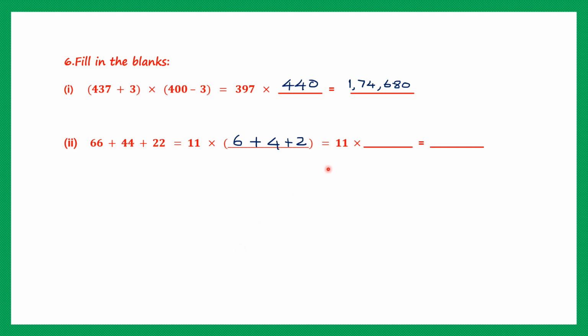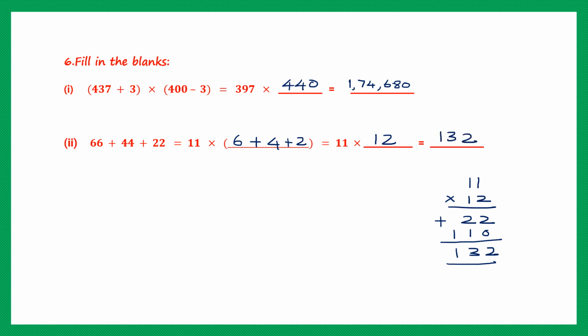Now let's look at the second one. This is equal to 11 into what? Okay, so 11 is already there into the sum of these numbers. So let's add up. 6 plus 4 is 10. 10 plus 2 is 12. So let's write 12 here. Now we have to multiply 11 into 12 to get our final answer. So let's do that. 11 into 12. 2 ones are 2, 2 ones are 2. Then second step, 1 ones are 1 and 1 ones are 1. So let's add this up. So we have 2, 2 plus 1 is 3 and 1 here,